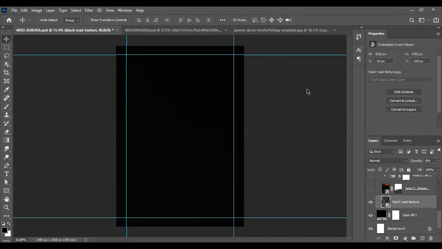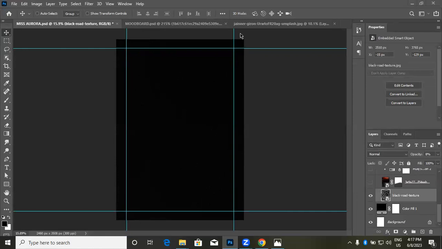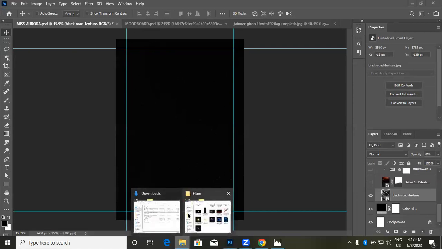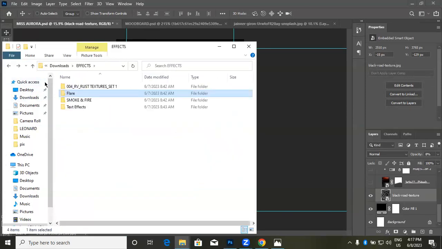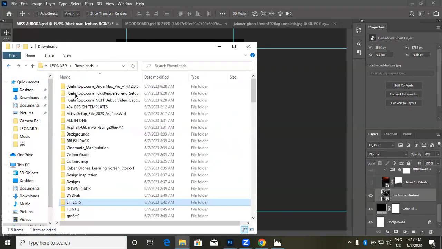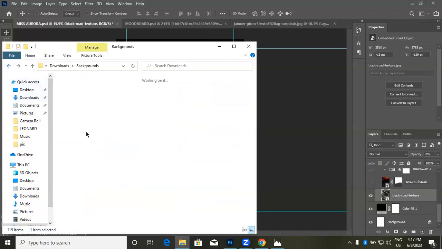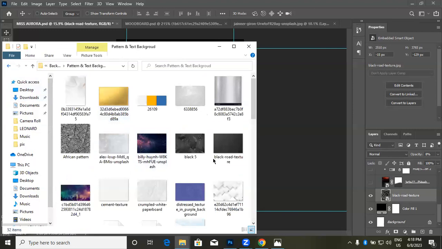Can I share my screen? Okay, I'm sharing my entire screen. Where did I drag it from? Background, patterns and texture. I dragged it from this folder that I opened here, and I dragged it to Photoshop,